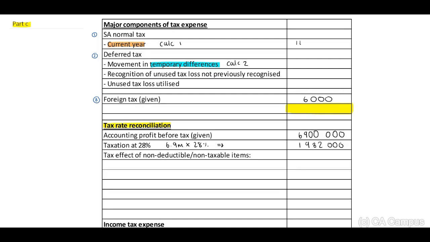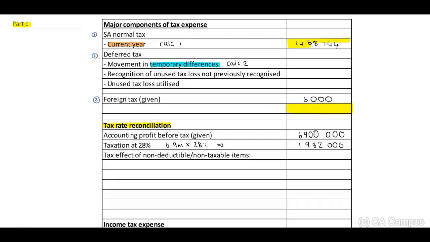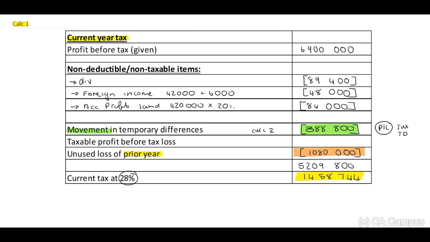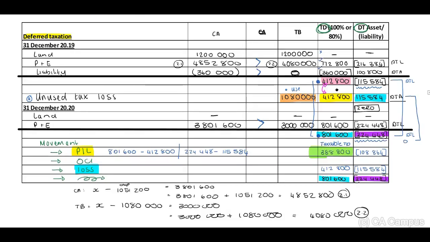Our 145,874. Right, guys? Yes. You look at the bottom, 145,874, and we have transferred this. Right. Therefore, our current tax calculation is now complete, and we now need to complete our income tax expense note. Okay, so our next line item will be the movement in temporary differences in calculation 2. Okay, guys, so look at this. Movement in temporary differences in calculation number 2, and this will be the